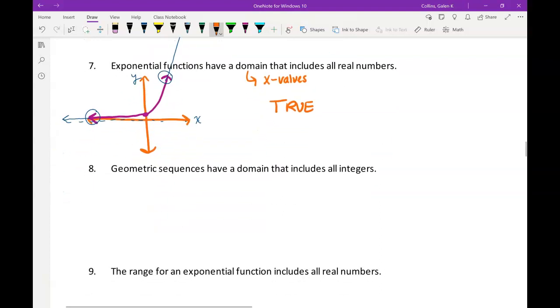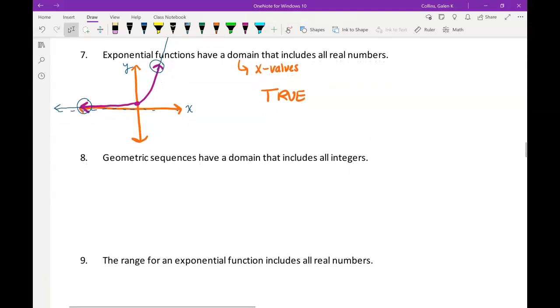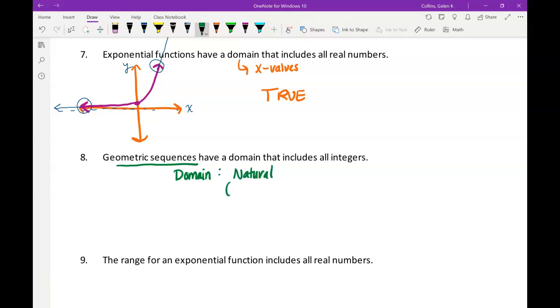In statement 8, geometric sequences, so not all exponential functions, but a geometric sequence, has a domain that includes all integers. This is a tough one. I'm going to say that I think typically we would define a sequence as having a domain of natural or counting numbers. So I'm going to say natural. We said sometimes we call natural numbers counting numbers. So think about numbers you count with, 1, 2, 3,